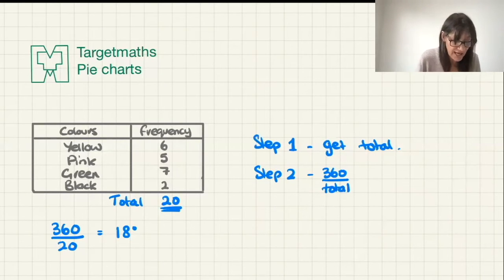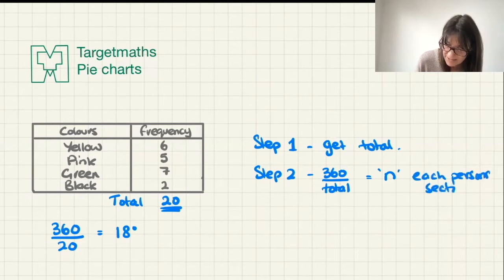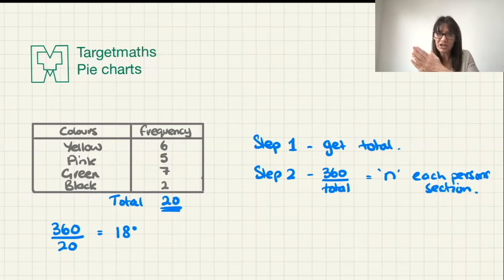That will create a change, and that is going to give me a number. So that's a number I don't know, but it's each person's section. That's what that step's doing. It's finding what each individual person should get of the pie chart. But remember, I don't want to be drawing out individual people, just a nice chunk for everybody that likes the same